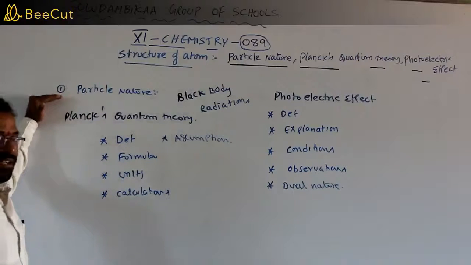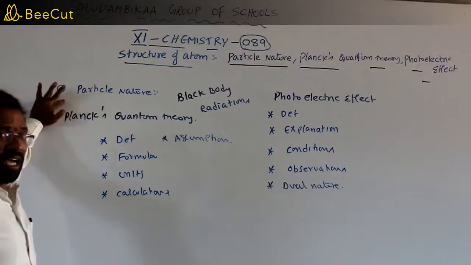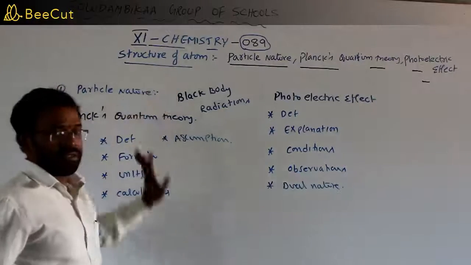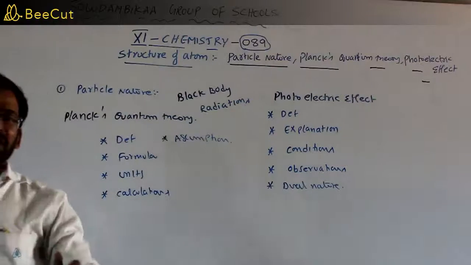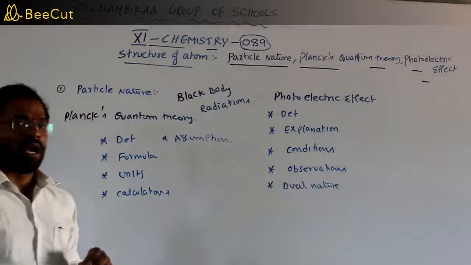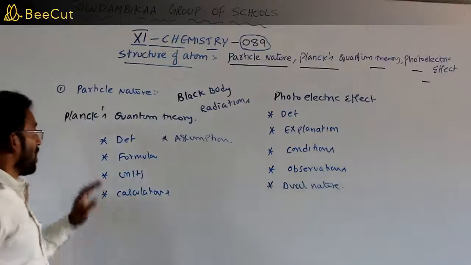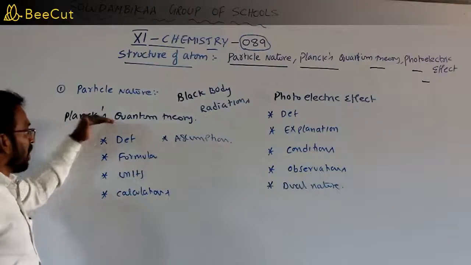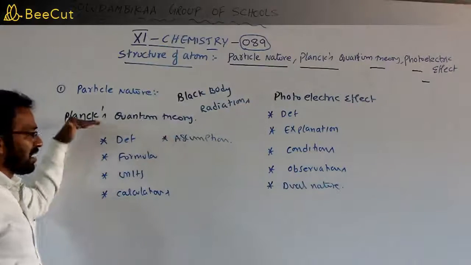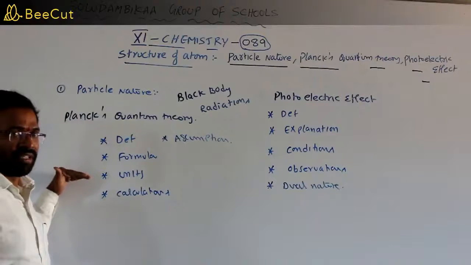What do we need to study about particle nature? What are the various theories proposed for the particle nature of light, and also black body radiations? What is the definition of black body radiation? What are the characteristic features? How to prepare a black body? And what are the conditions for black body radiations? Coming to Planck's quantum theory, we need the theory definition and assumptions, any formulas or units and calculations. In board exams as well as objective examinations, calculation questions can be asked based on Planck's